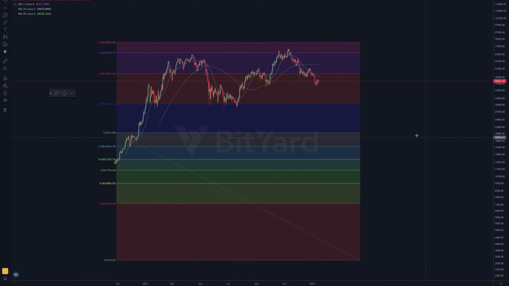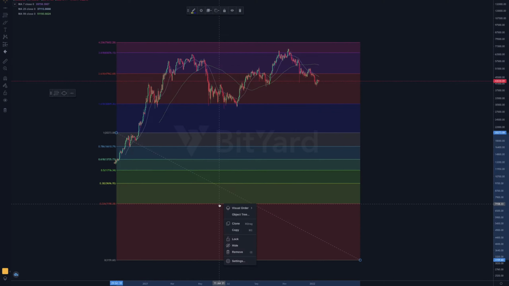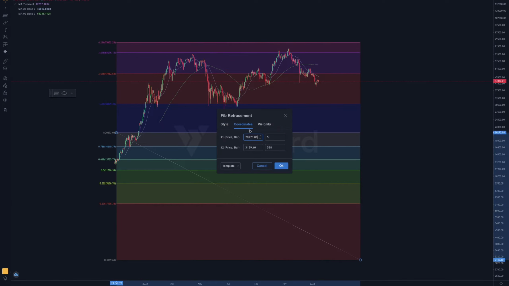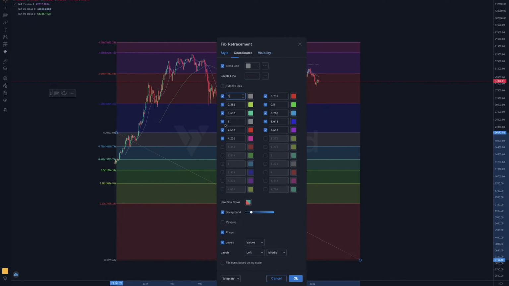And I guess I want to talk about the features of these charts. You can change every single color that you see on here. We just right click one of the lines, click settings, visibility or style, and add or change any of these numbers or any of the colors. What I want to do first of all, because it's key in when you should be selling your coins, is click or check one that is unchecked. And we want to change that number to